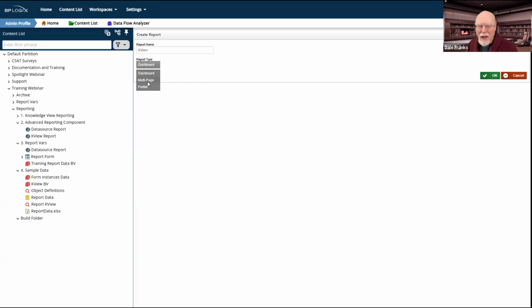For the rest of the world, A4 paper, which unfortunately is a little different measurement. When you pick multi-page, it is going to pick 8.5 by 11 as the default because we're Americans, and so we use the letter format instead of the A4 format, but multi-page is probably what you're going to choose.